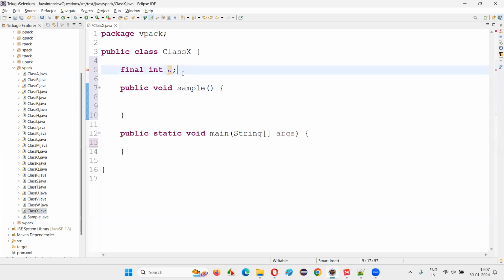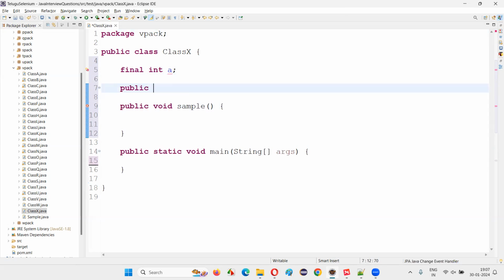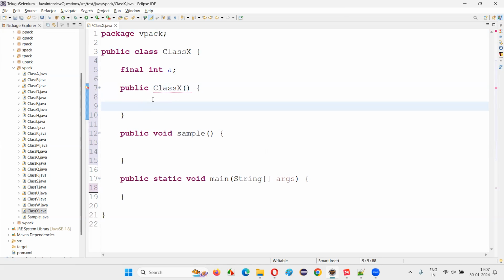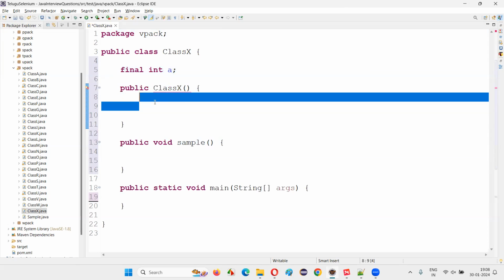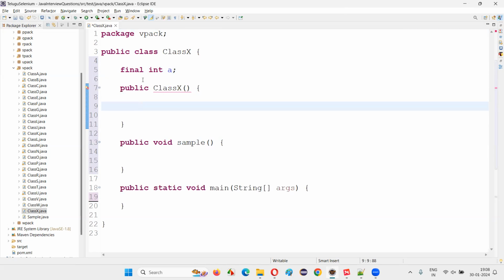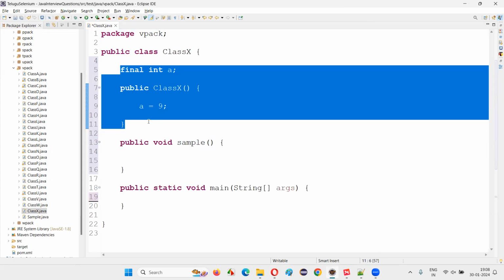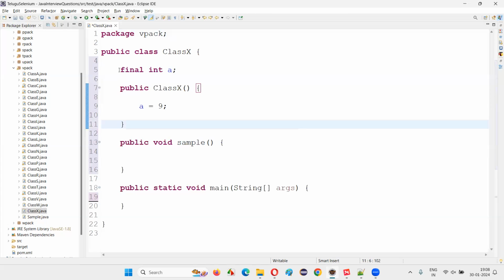If not in the same line, if I still have to initialize, then I have to create a constructor. The constructor will not have a return type, and the name of the constructor should match the name of the class. Now I'm trying to initialize this variable a here. A is equal to 9. You see, it is possible. The compiler error is gone, and Java is allowing me to initialize the final specified variable inside a constructor,